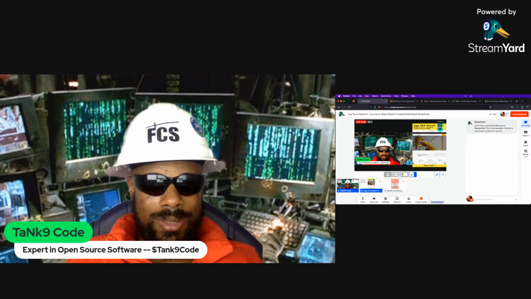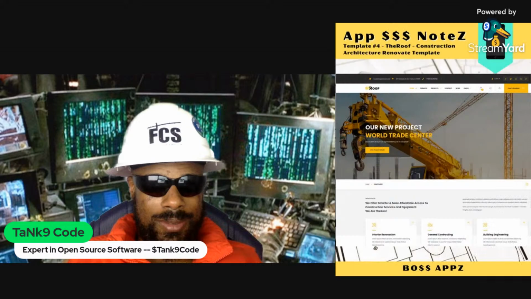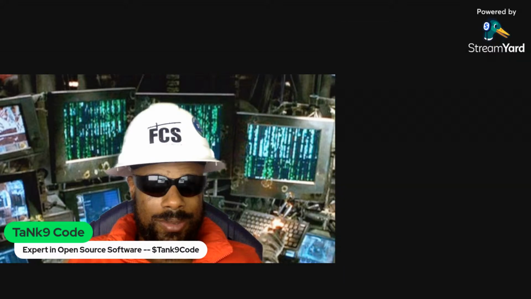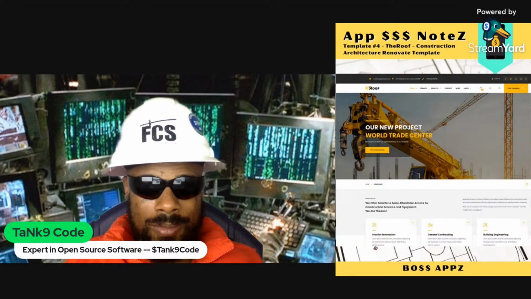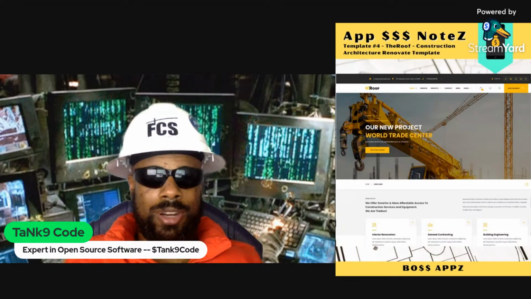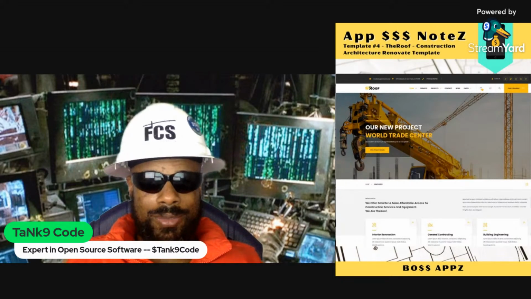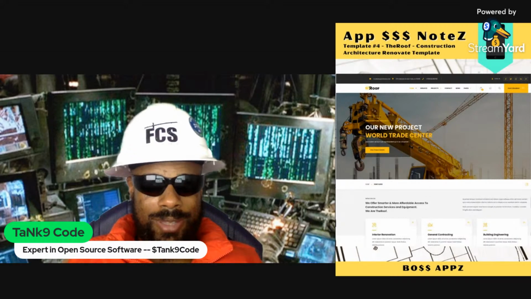Let me get the title. Construction Architect Renovate Template. Okay, here it is. Renovate Template. Construction Template. This is the one. It's different, but construction renovate. Let me get the right template. Okay, here it is. This one.